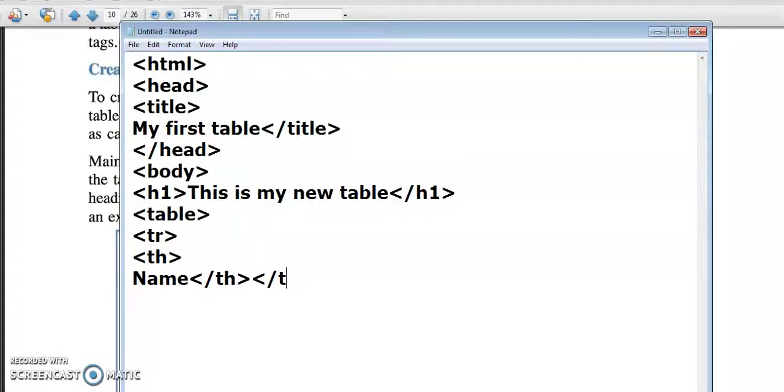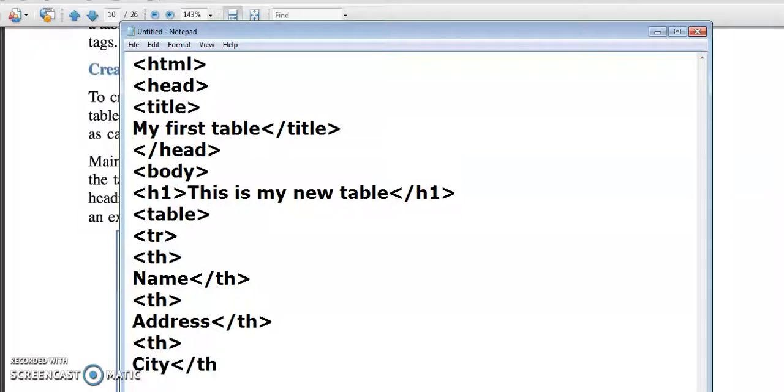How many columns do you want in one row? This is my first column. I will start again TH, address, TH close, again TH start, city, TH close, TR close.